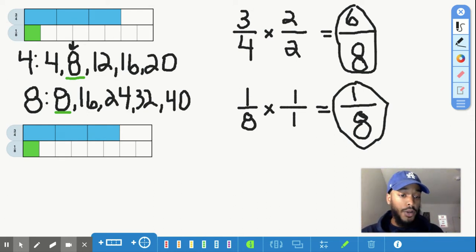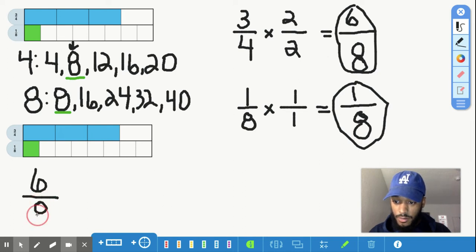It said longer and shorter. Longer than 3/4 and shorter than 3/4. So if it's longer than 3/4, we're going to add 1/8 to 3/4, or our equivalent fraction, which is 6/8. So I'm going to take my 6/8 plus 1/8. Remember, I know that I'm adding because it said longer, and longer means more, and more in math